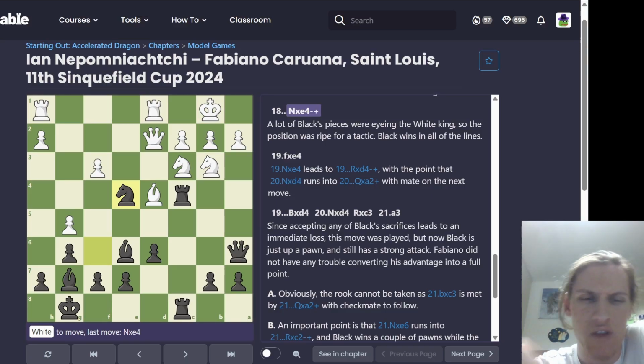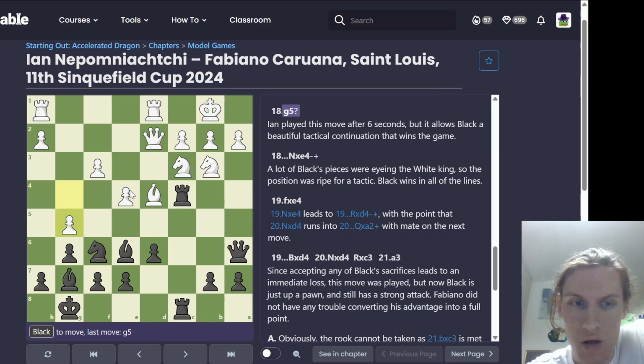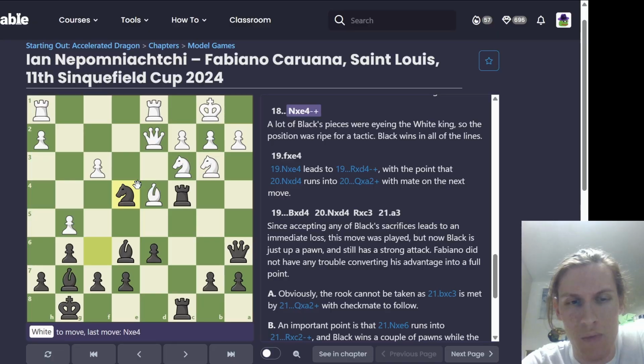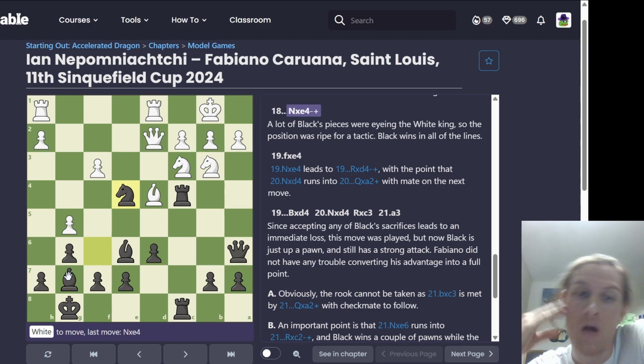And before going into the variations, let's try to understand what happened. So first of all, the knight is winning a pawn, a central pawn, and is hitting the queen. So it's not that white can take the bishop on g7, because there is knight takes with check, and then we take back the bishop, so we are winning the game. Also, you may be thinking what happens if they take the knight with the pawn, let's say. Well, in this case, I'm seeing something like bishop takes e4, they have to take, knight takes e4,